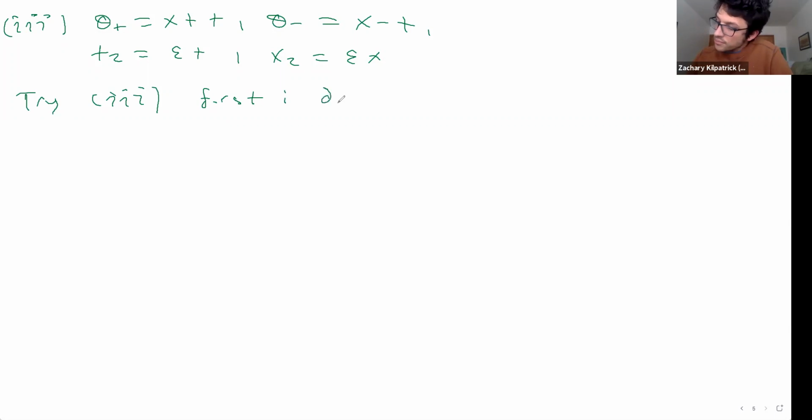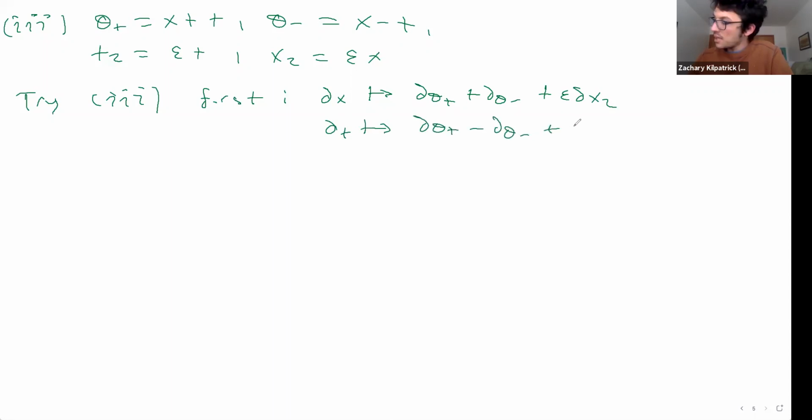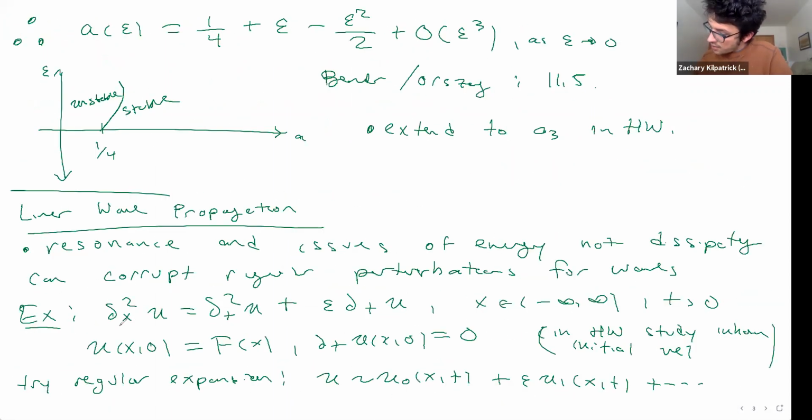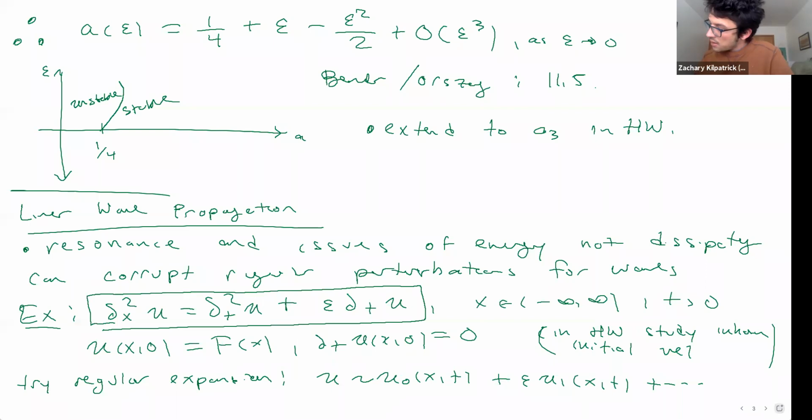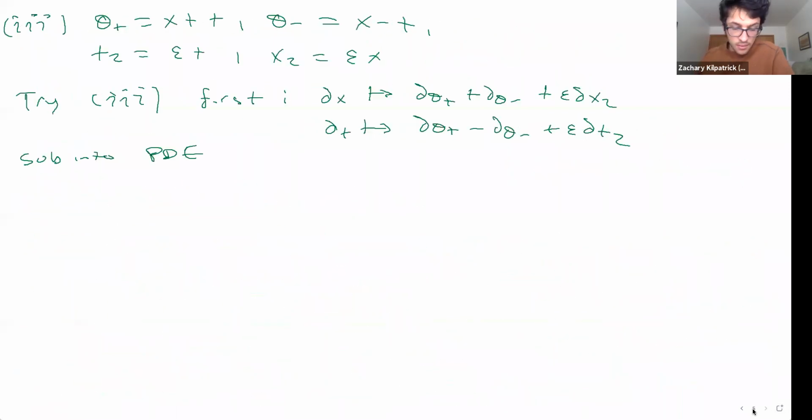So in this case, dx is going to get mapped to d theta plus d theta minus plus epsilon dx2. And dt is going to get mapped to d theta plus minus d theta minus plus epsilon dt2. Okay. So if we sub this into our PDE, let's remind ourselves just what that PDE is here. Right, it's this thing. Okay. What we get is